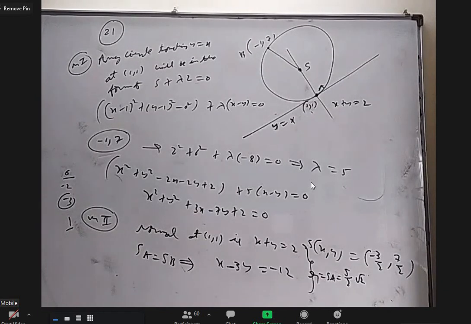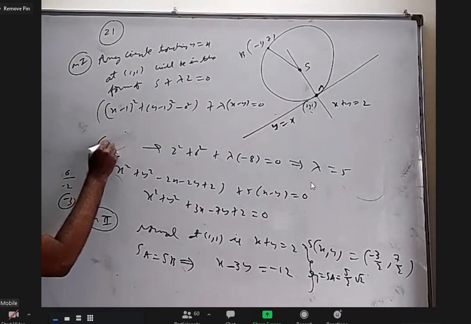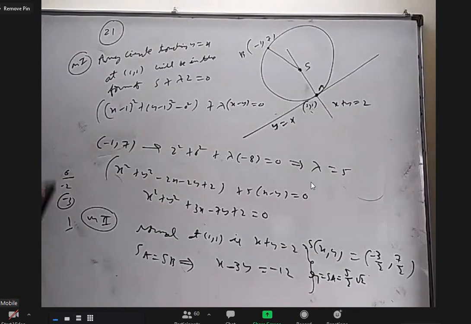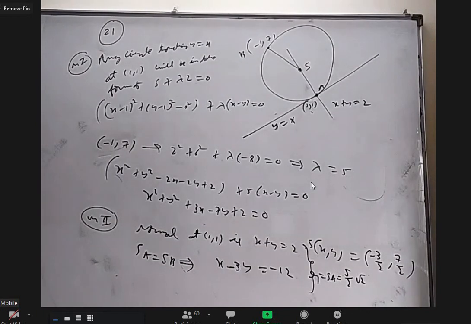Anybody any doubt? Please feel free to ask. Okay, so 23 onwards we will continue tomorrow. But first thing tomorrow, in mains material up to 130, if any doubts are there, I want to clarify. So please don't take too much time. Exercise 1E, up to that at least try to complete whoever has any backlogs, and mains material up to 130. Is it okay, everybody? Yes, sir. All right.